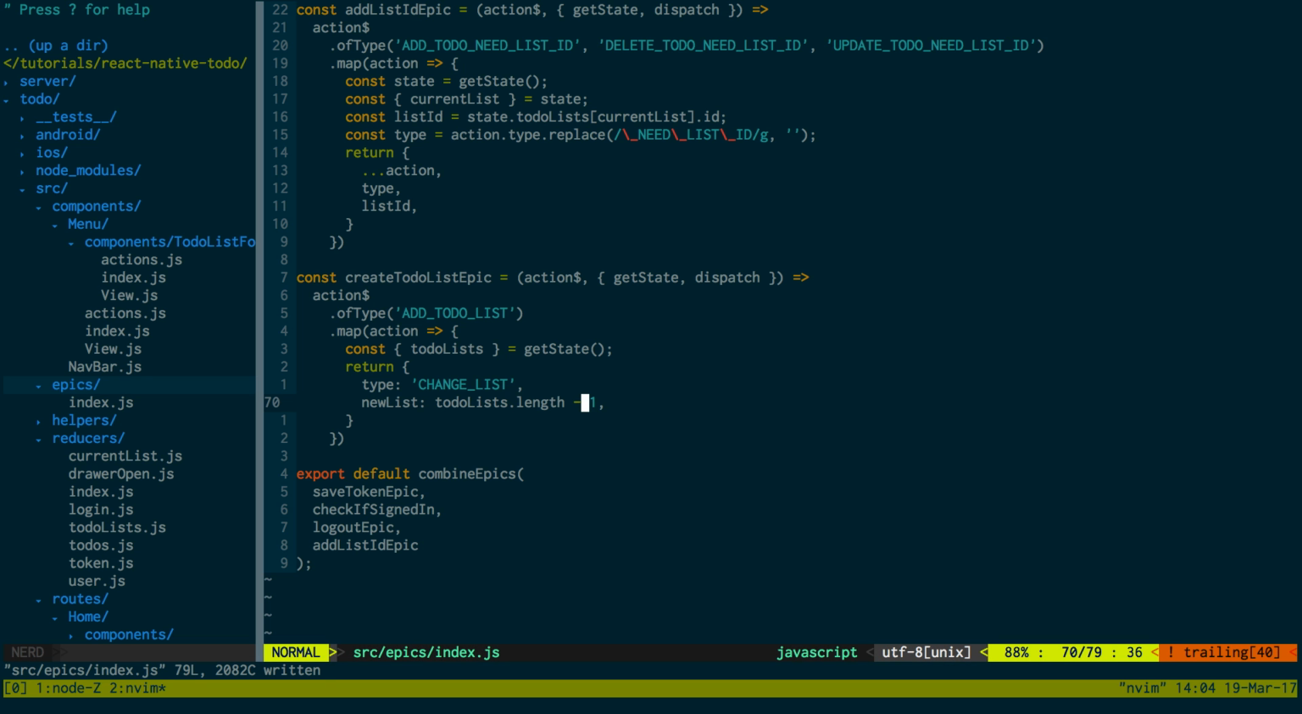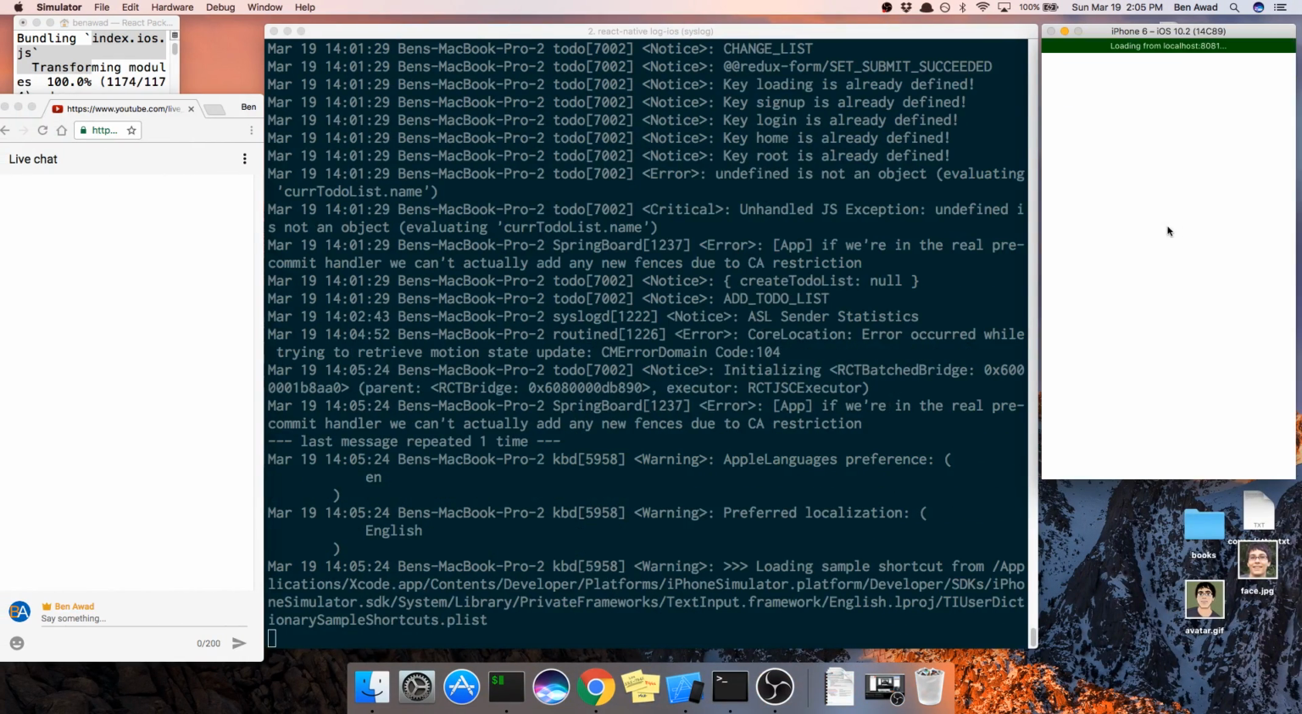So let's explain what's happening here. The important thing to know about epics is they happen after the reducer. So the add to-do list has already happened. The to-do has been added to the whole list. So now we're for sure going to have this in there. So we have the size. So now we can then just change the list with this correct size, get the state, and it'll be at the right place. So if we refresh,